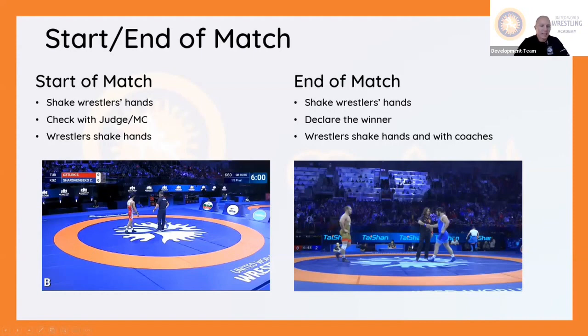At the big events like this, at the World Championships that we're going to see, these are all taken care of before the wrestlers get to the mat. So there's no need to check those when they get there. You simply shake their hands, and you check the judge and match chairman. So